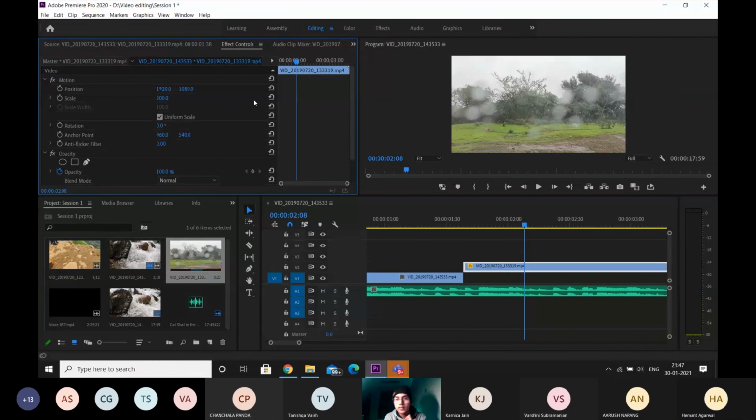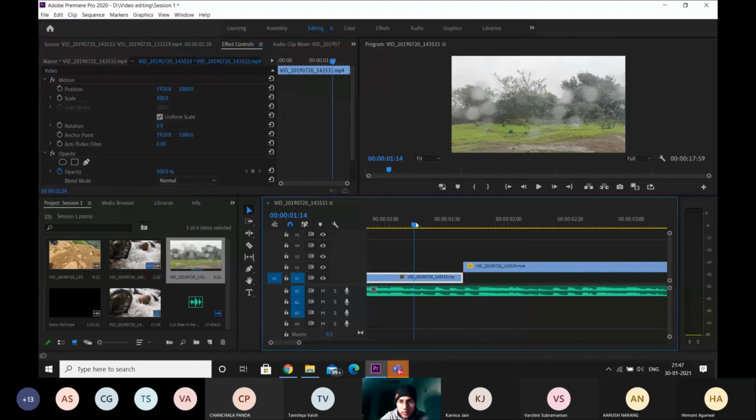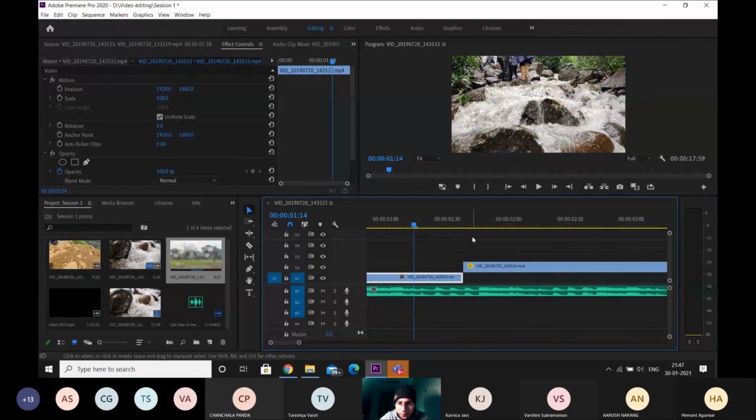Okay, so it does put a little bit of distortion, but again, the majority of us don't even have 4K monitors, 4K phones or 4K TVs. So bringing a 1080p clip to 4K doesn't really affect the video that much. Plus, 1080p is a good resolution anyway. Don't ever bring a 480p video to 1080, because that will surely be very distorted. 1080 to 4K isn't that big a deal. You'll understand this very well after you start editing. But yes, it does bring a little bit of distortion.